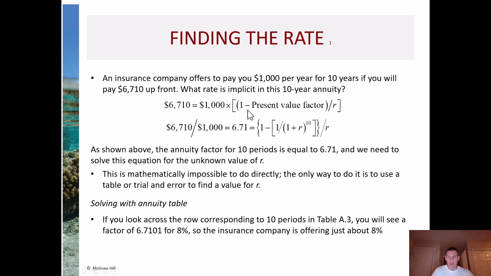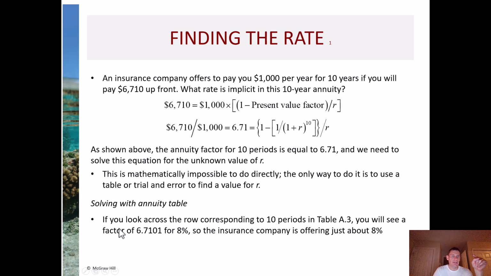So again, we just use our formula, right? 6710 equals 1,000 times, and then 1 minus the present value factor over R. So all we're doing is just plugging in the numbers. The way I want you to do this one, solve it using the annuity table. Go find your annuity table. Look across the row corresponding to 10 periods, because remember, it's a 10-year annuity, in table A.3,